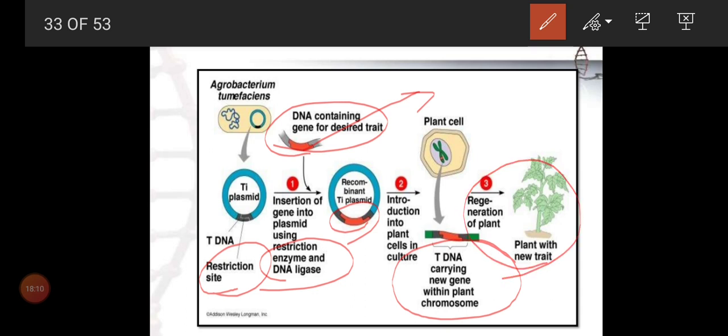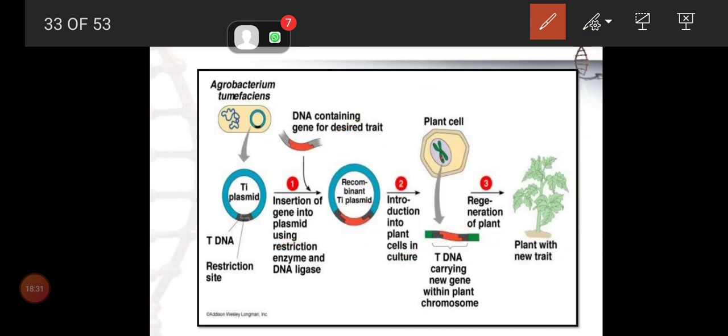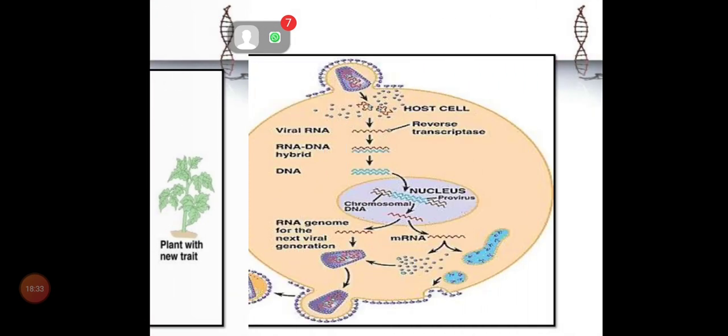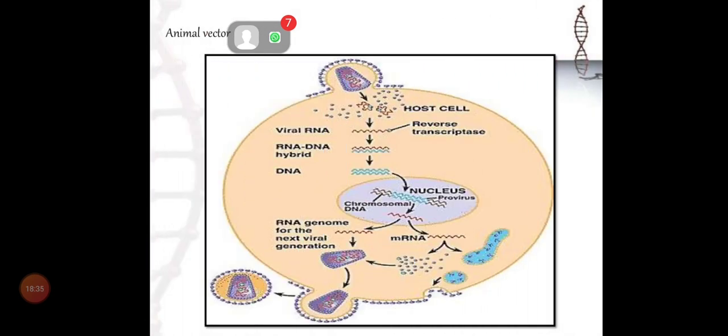So what we want to add, we add with the plasmid, and we are not introducing it into Escherichia coli; instead we directly introduce it into the plant, where the plant chromosomes start to divide and you will get plants containing the new trait. Is that clear? So next we'll move on to how viral DNA will function.